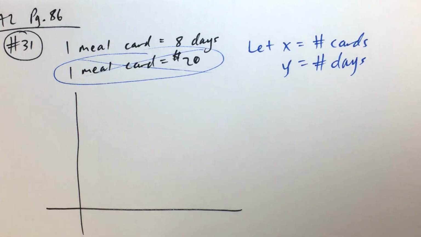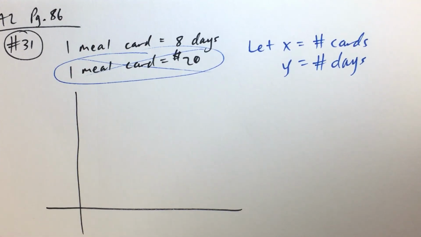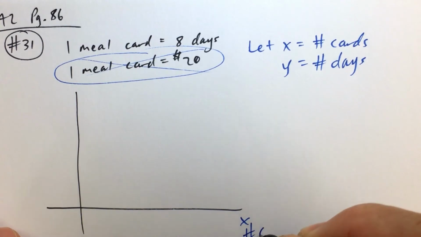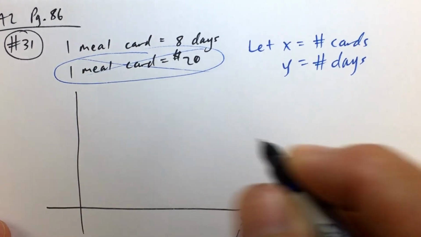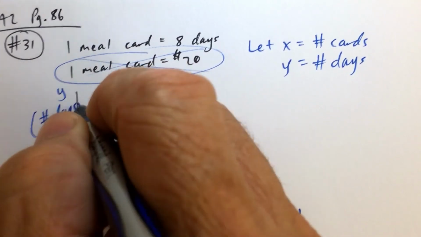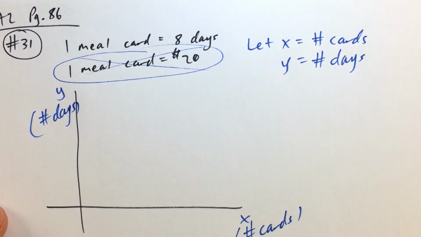But in a linear equation, you've got 2 variables. You've got an independent variable and a dependent variable. You can't have 3 in a linear equation. That being said, if X is the number of cards and Y is the number of days that this person can eat, or number of meals, is that what it says? 8 days. Each card lasts 8 days. So it said that